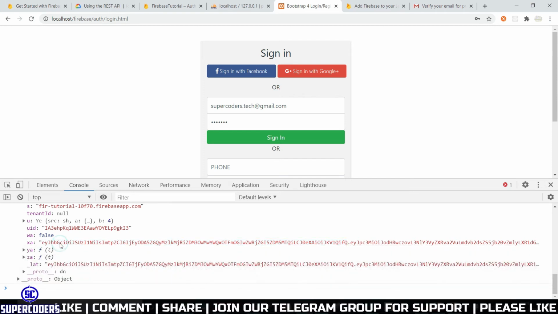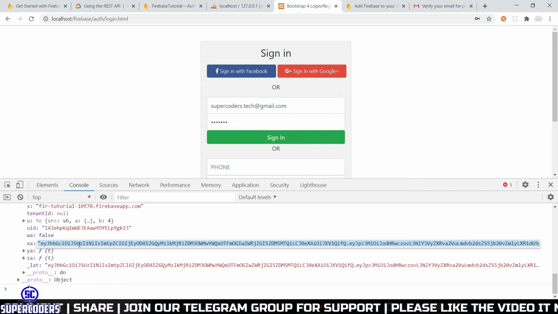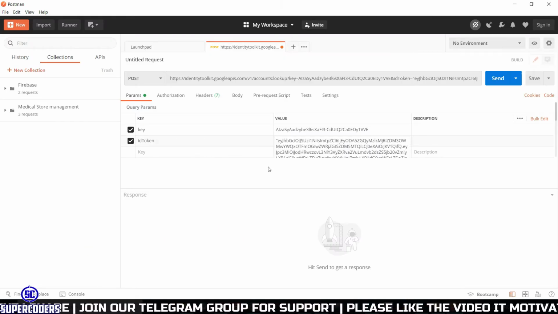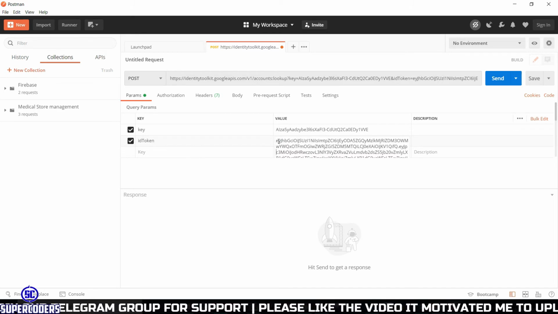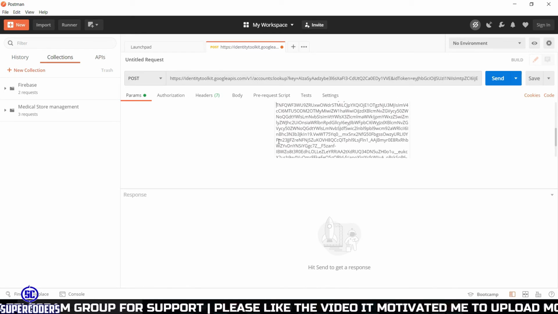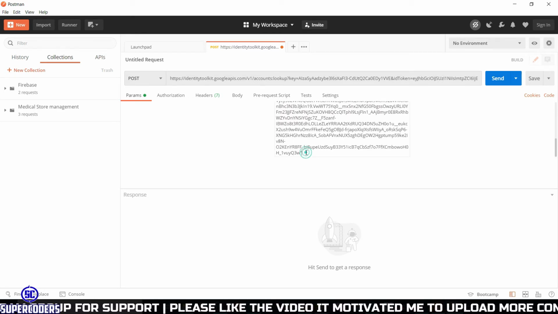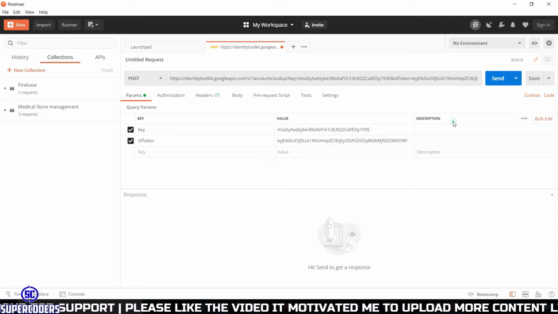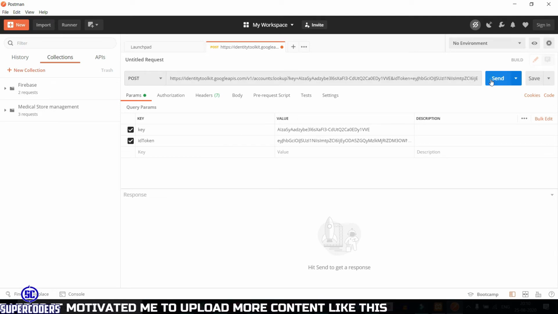So copy this value, which is our token, paste the value, remove these quotes, remove this also. Now let's check whether this user exists in our database using the REST API or not. So click on send.